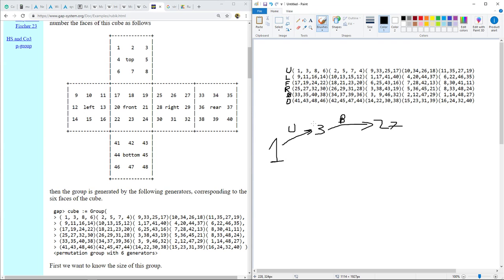Instead of doing it like that, I am going to have it built so that it tells me how to get from any position back to 1. Again, there is no reason for this yet, but there will be a very good one in the future. Okay, so that means that